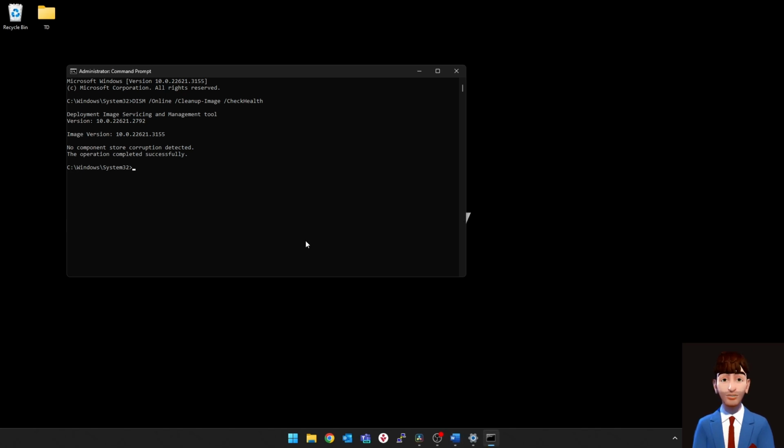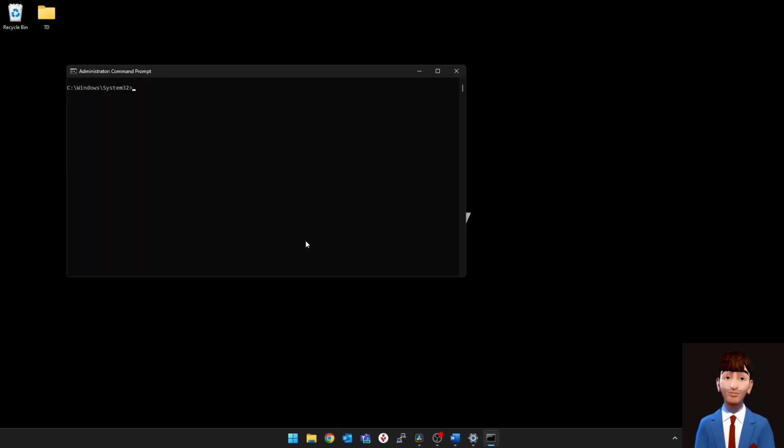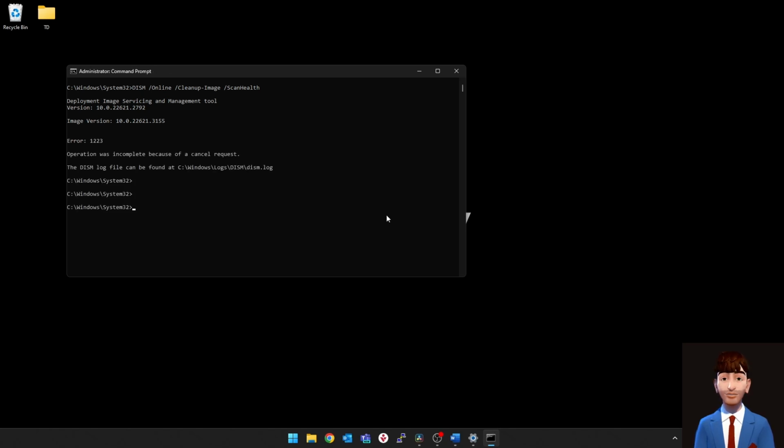Now, let's move on to scanning the health of the Windows image. Type DISM /online /cleanup-image /ScanHealth and press enter. This command scans for component store corruption and records the corruption details but doesn't fix the corruption. Finally, to restore the Windows image to a healthy state, type